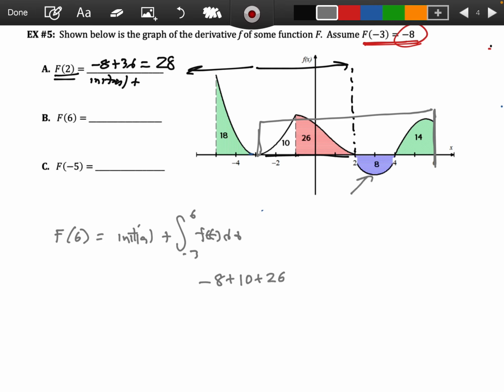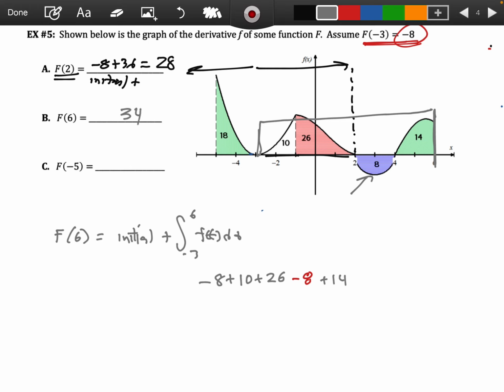Now, what do we do with this value? Do you guys remember? Because it's under, we're going to consider it a negative area, so we're actually going to subtract it. I'll go ahead and give you guys a little bit of time to answer that question. And you should have gotten